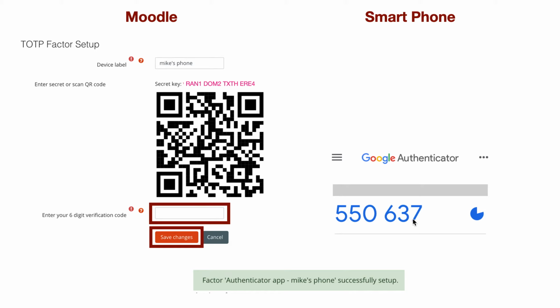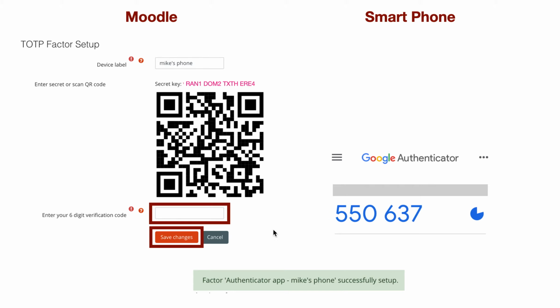550637. Now this swaps over every minute, and you can see the Pac-Man shape. That effectively is the countdown timer. Once it gets to the 55-second mark, it will turn red because all of a sudden you've got to type in the figures quickly. So just let it go past the 12 o'clock position, it will become blue again, and off you go. So whichever way you do it,